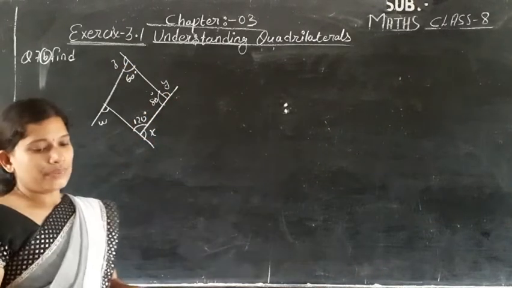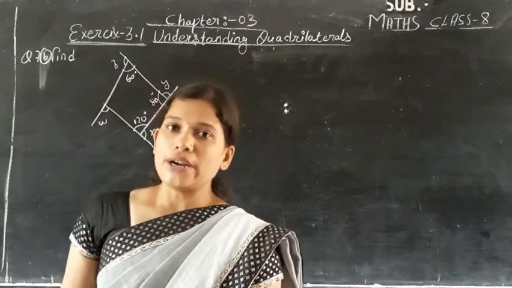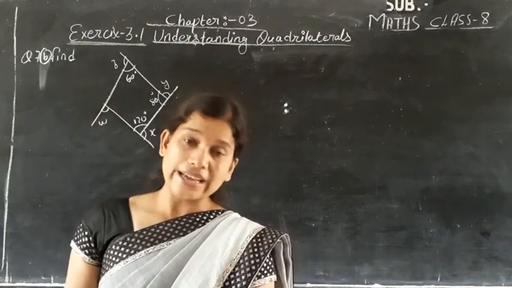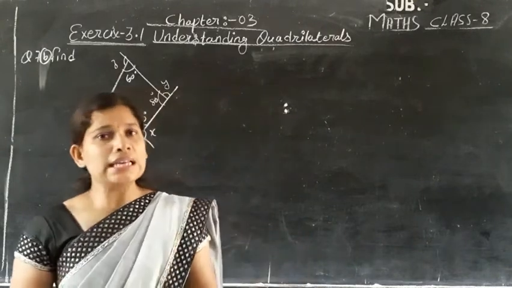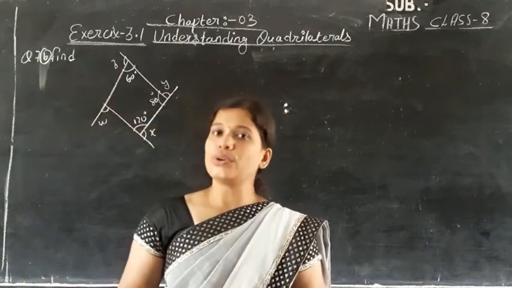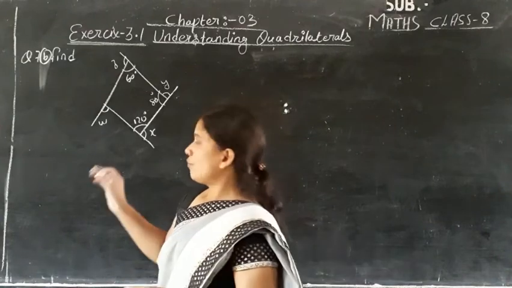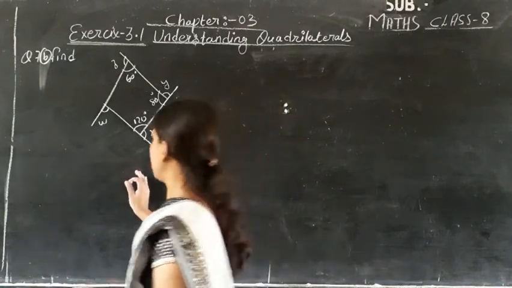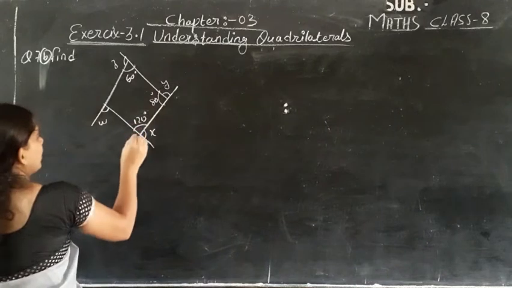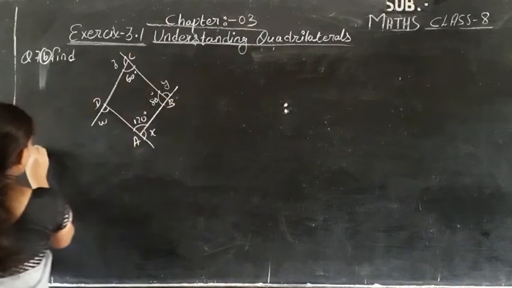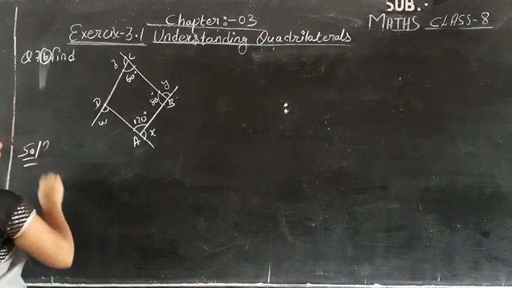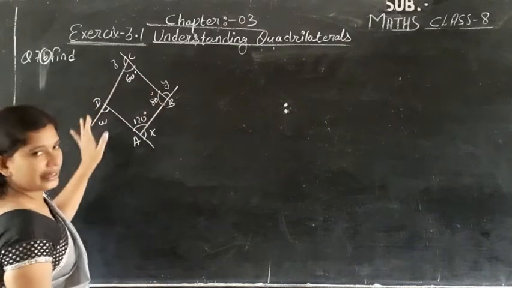Okay. So in the 7th question A part we are talking about the triangle, isn't it? Here in the 7th question B part, we are talking about the quadrilateral. Same way we are going to do, no difference. So first we will give the name to the figure, that is A, B, C and D. So this is the name of the quadrilateral A, B, C and D.